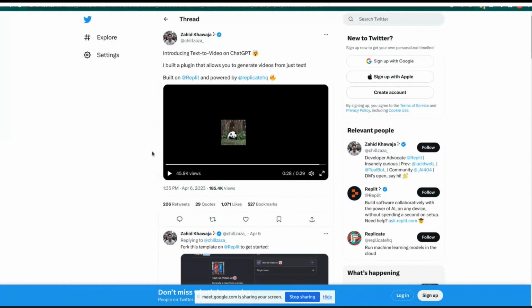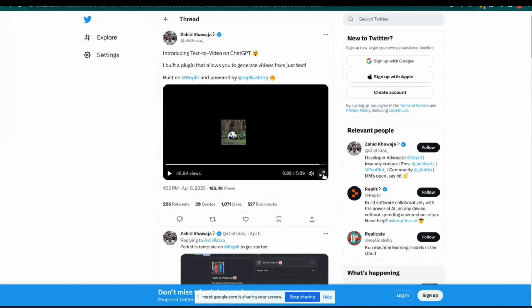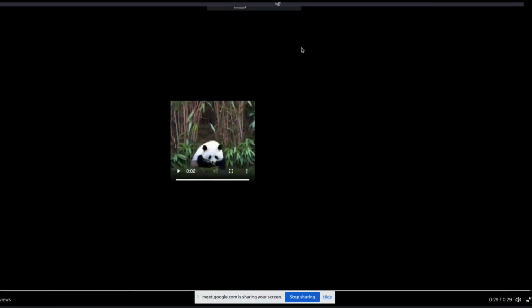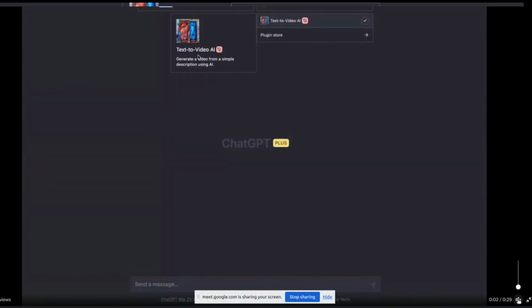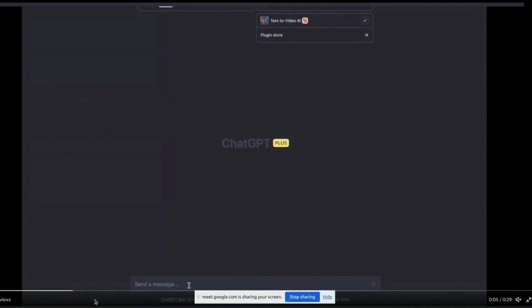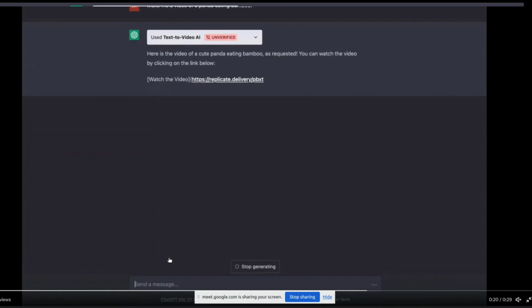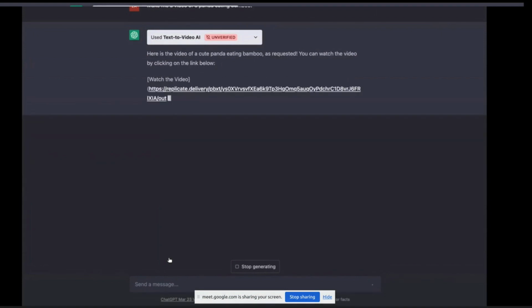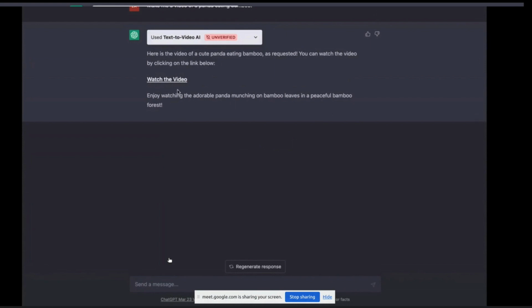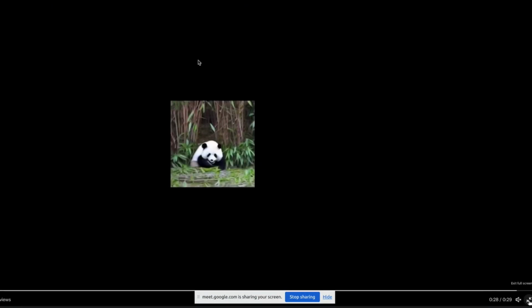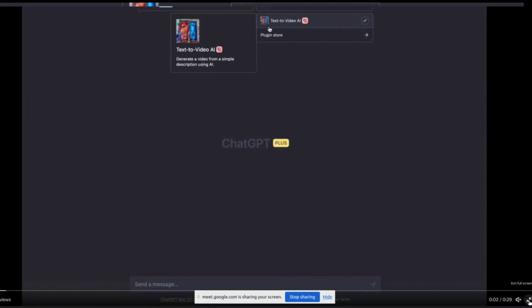So that was a very simple prompt. Make me a video of a panda eating bamboo. That's such a simple prompt, and then to be able to get that little GIF. I think these are GIFs. Did it say in the link here? MP4. I do wonder how complex that can get, what sort of prompts you can give it, and what data it's trained on to be able to generate this. I'd love to know how this is working under the hood.